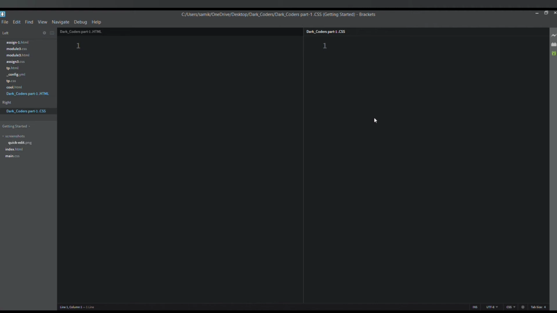One more site on Google is W3Schools. You can use that for coding, and you will get everything there, each and every code for whatever you want to do.